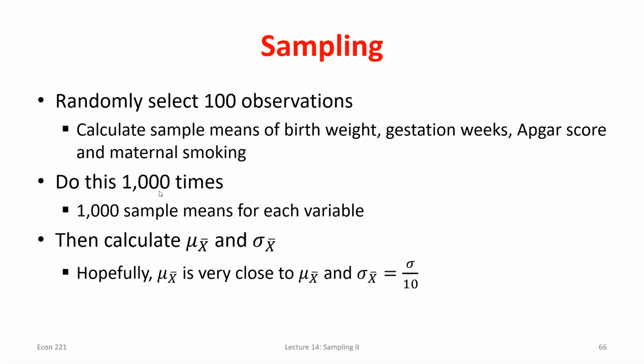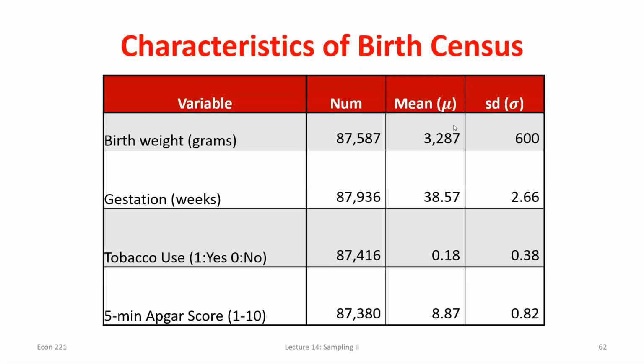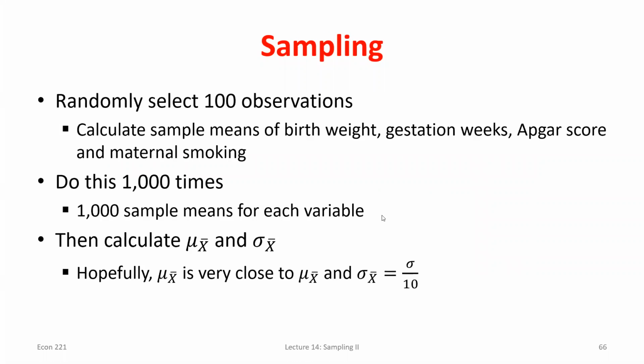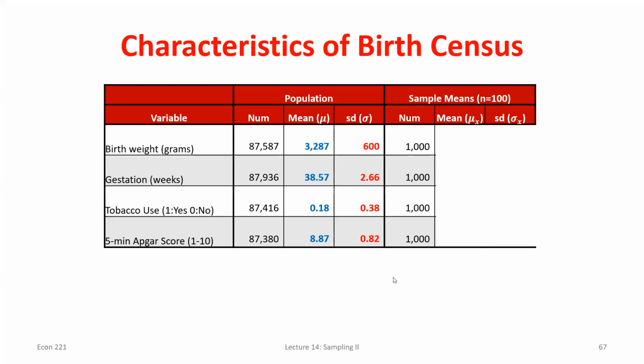And I can calculate the standard deviation, okay? So what should be true is that the mean of these 1,000 sample means for each variable should be equal to the original population mean, and the standard deviation of these sample means should be the original standard deviation divided by the square root of n. Well, if my n was 100, the original standard deviation is just divided by 10, right? Or move that decimal point. Okay? So here's my original population data. I had the means and the standard deviations calculated, and I rounded them a little bit here. If I then look at my 1,000 different sample means,